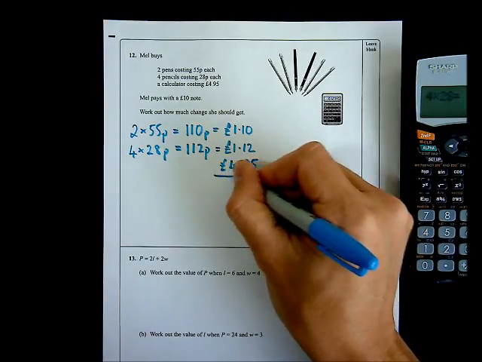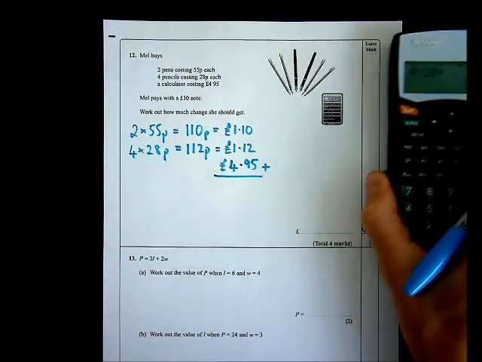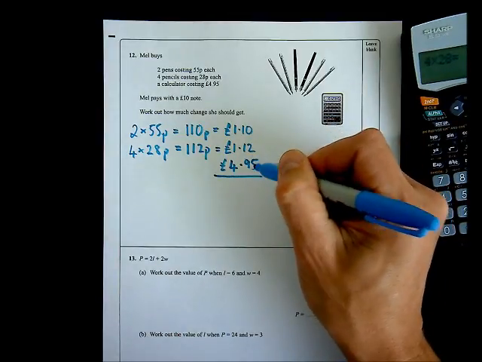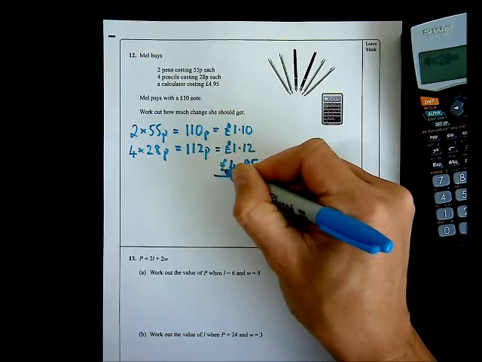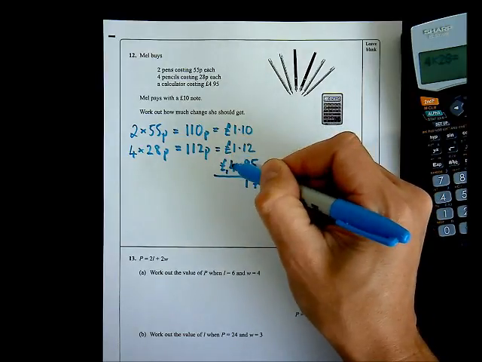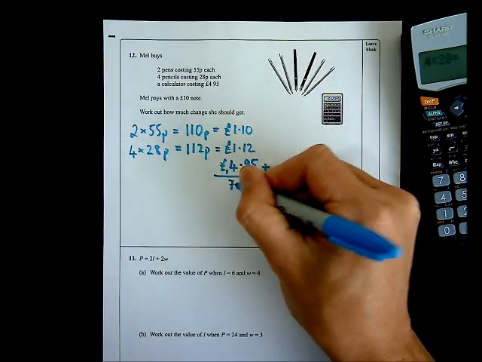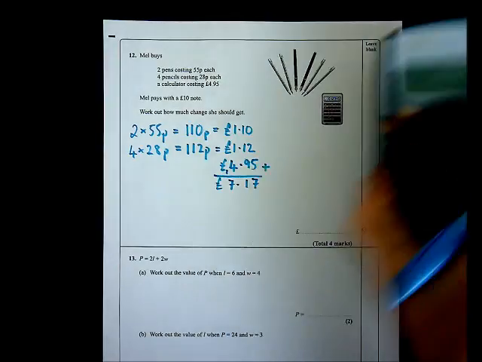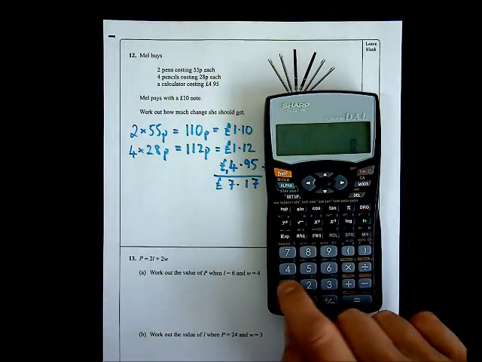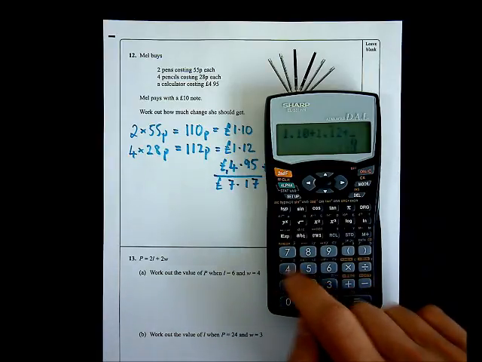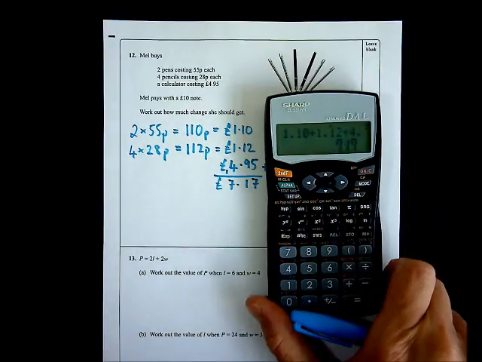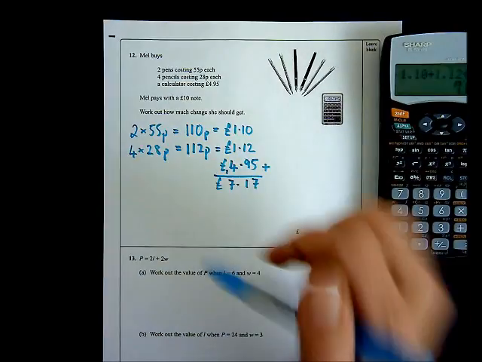If I work out the total of those three, which I can do either by adding, 0 add 2 add 5 is 7, 1 add 1 is 2, plus 9 is 11, 1 add 1 is 2, plus the 4 is 6, plus the 1 would be 7, so £7.17, or I could add up on my calculator, 1.10 add 1.12, add 4.95, £7.17, and then I need to make sure that I answer the question, which is that she